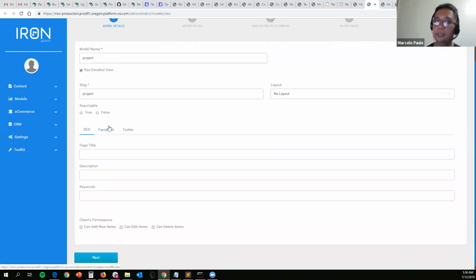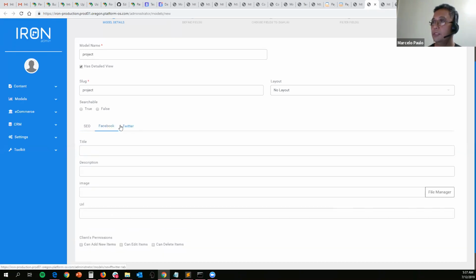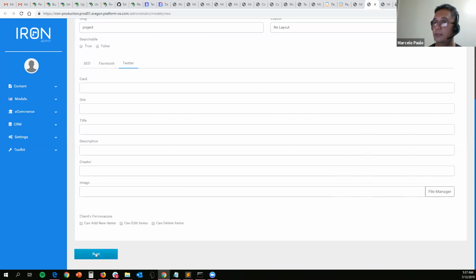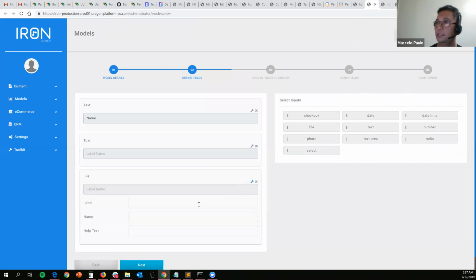So on that page, you can have your SEO info, and then same with Facebook and Twitter. Then when you go next, the same builder, you can put in a file attachment or an image, and let's just say